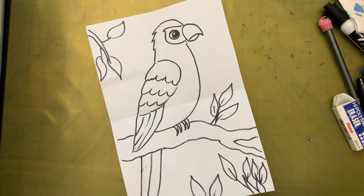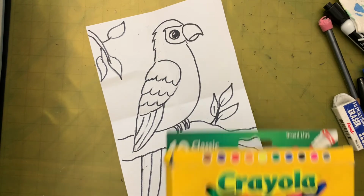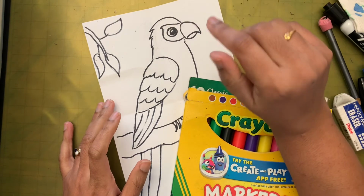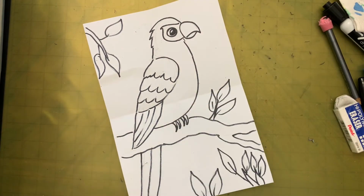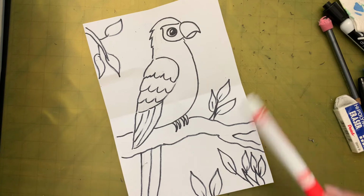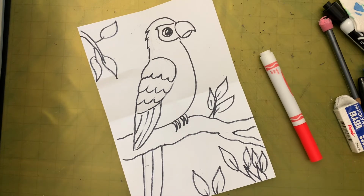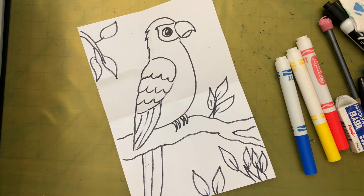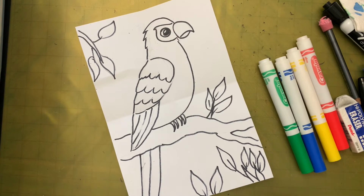I'm going to use red and blue and green for my parrot. Okay, so I'm going to take those colors, and this part is going to be white, this eye area, and the beak, maybe if you want, it can be light yellow or light gray. Actually, it is like a little grayish color. So I'm going to use my red, yellow, a little bit of yellow is there, blue and green. Okay, so just Google parrots and find